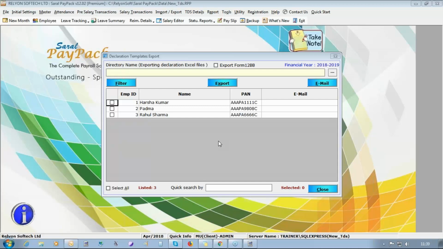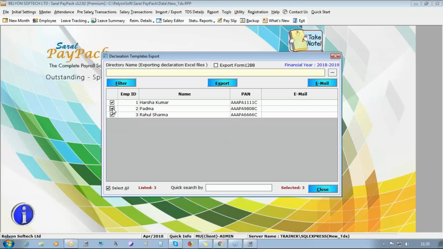Okay. Now what we'll do is mail this to all the employees so that they can fill in all the investment details they have made for the entire financial year and mail it back to us. Make sure the email ID is entered in the employee details. If not, you can raise a support request or call. We'll make a setting and give it to you so that you can directly email all these details